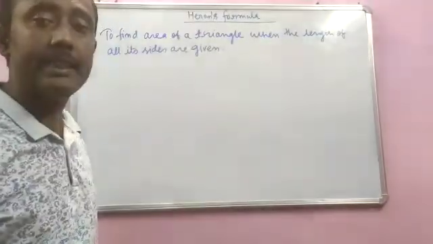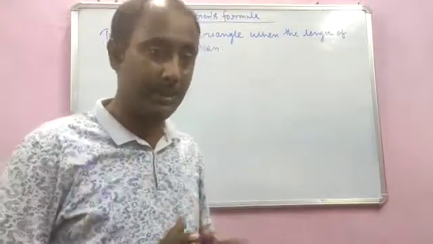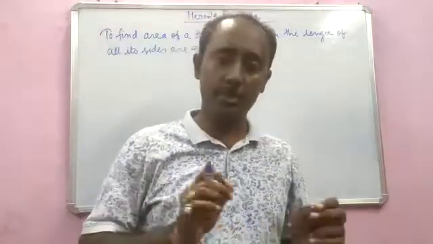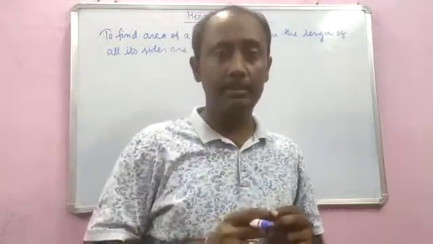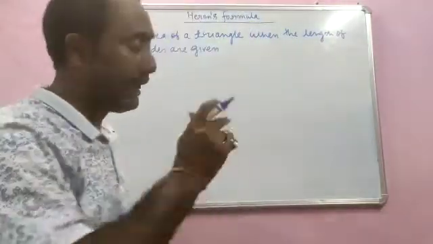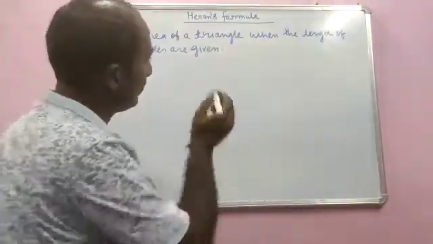And now we will discuss what the formula is all about. It's very interesting and it's very easy to understand also. Only you will have to do a bit of calculation to find the area of triangle, but the rest other parts are very easy to understand. Let us start and try to understand Heron's formula.